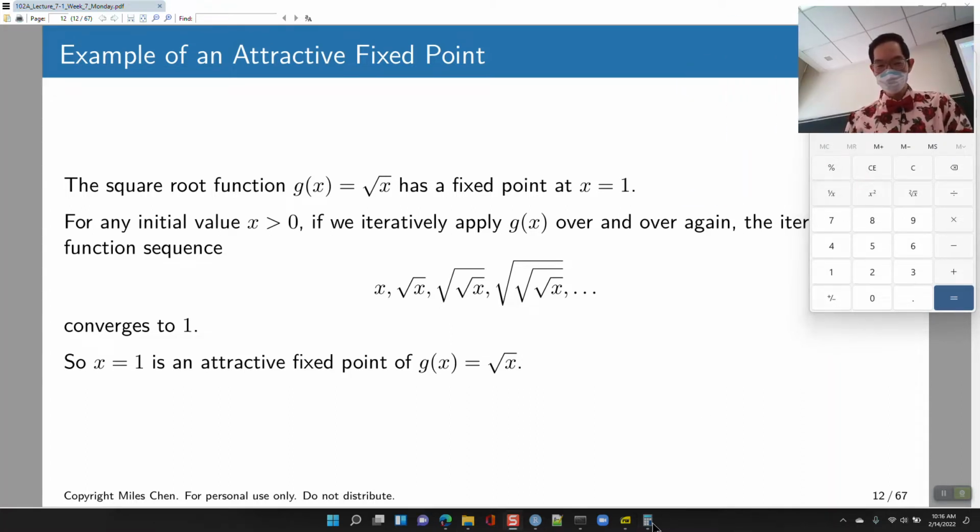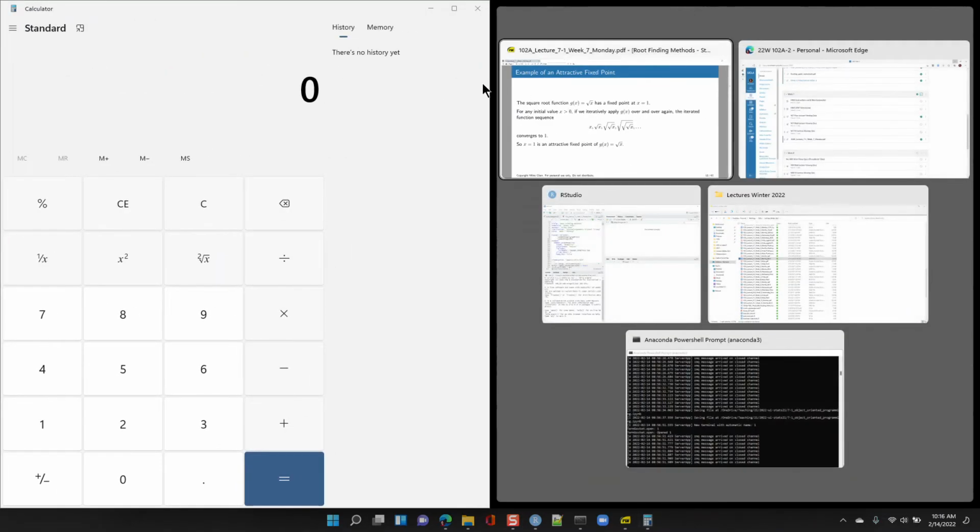I don't know how to grab this calculator behind the, okay, all right, I guess we'll just have to make